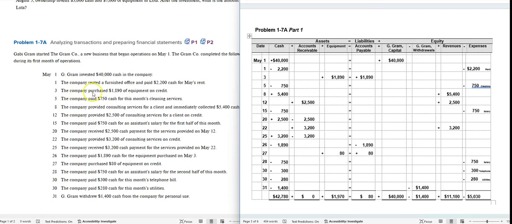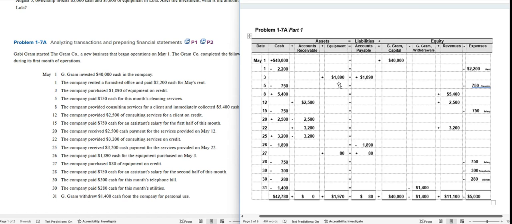May 3rd, the company purchased $1,890 of equipment on credit. The company is buying equipment. Equipment is an asset. They have more asset, more equipment. They bought it on credit, which means they haven't paid, so their liabilities are going to go up. So seeing the impact of this transaction, in the next chapter we're going to learn how we record this in the accounting system. For now, we are just looking at